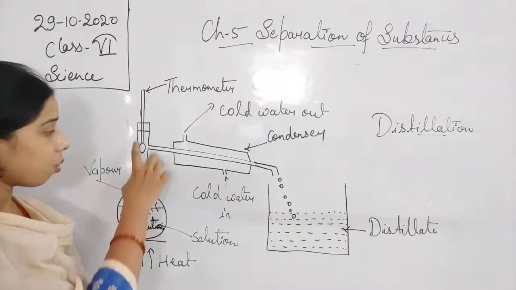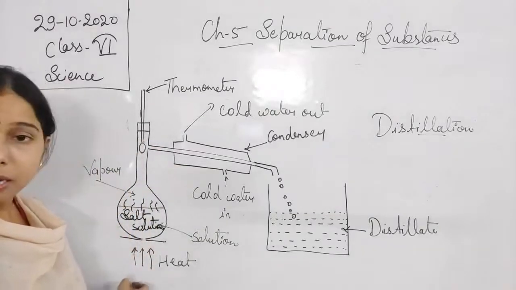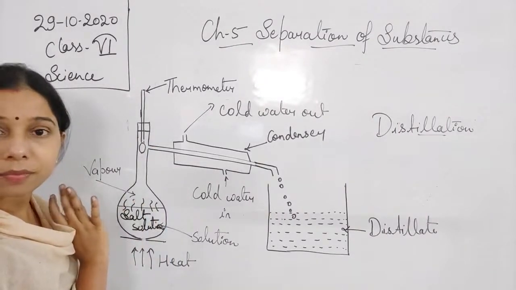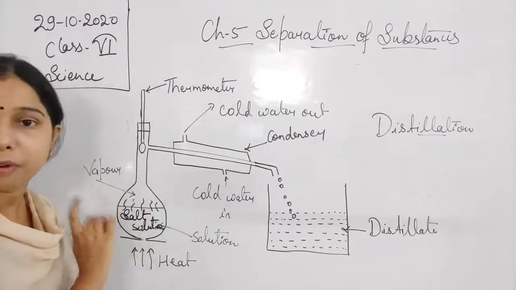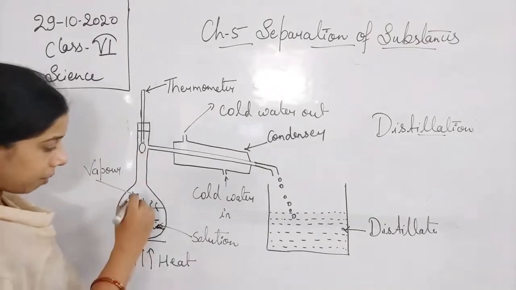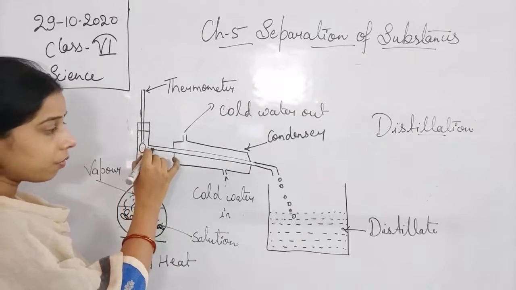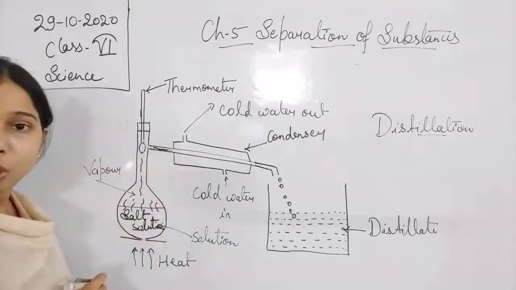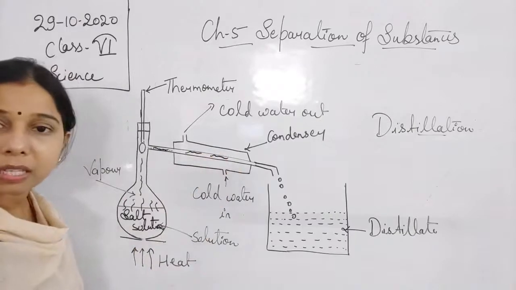Okay, so this whole portion will be covered with the vapor, and this vapor is formed due to the continuous supply of heat to the salt solution. Okay, so we are providing heat to the salt solution, due to which the formation of vapor occurs. Now you see, students, this vapor will start coming from here, it will reach here, and finally from this it will start coming to the pipe, to this pipe. Okay, so it will start moving from here to here, like this, students.